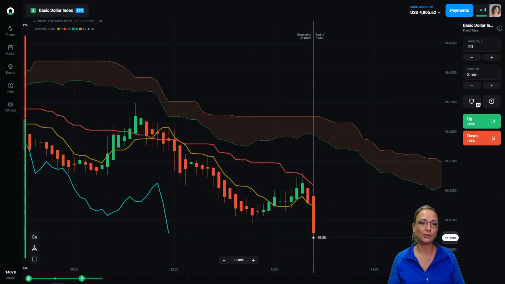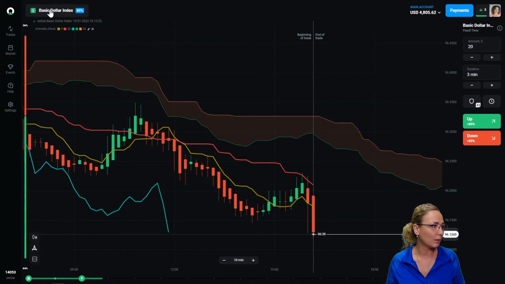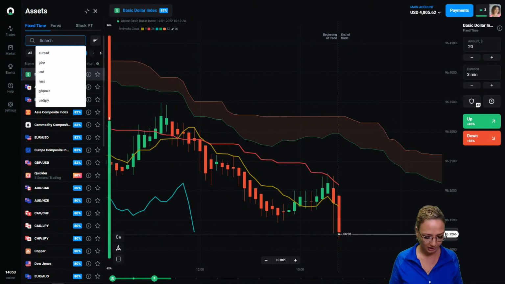And then what we're going to do is look at some lower time frames, and I'm going to move up the time frames to check if I see a signal on any of the higher time frames. Alrighty, and just one more thing that I want to mention as I'm choosing my first